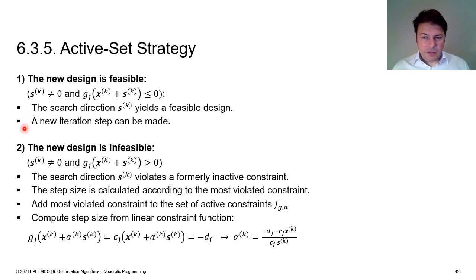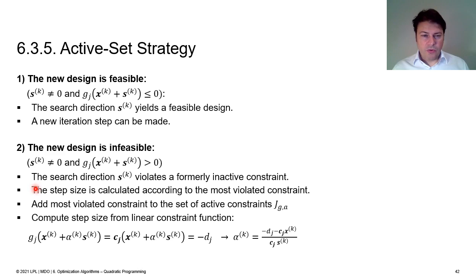You know you're not optimal because if you were, then S would be 0. Case number 2. There's a search direction which is unequal to 0, and you're not feasible. So this is the scenario where you need to activate a constraint that hasn't been active before. So what you do in this case is that you keep that search direction,